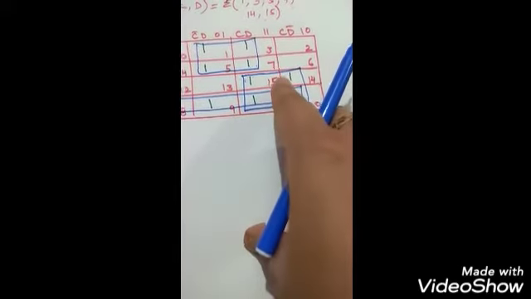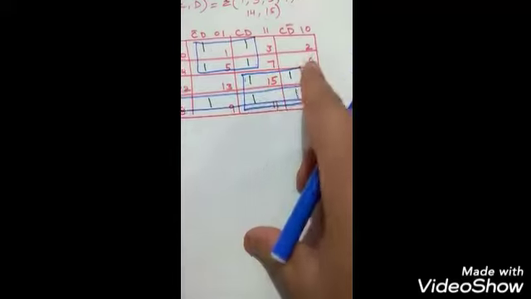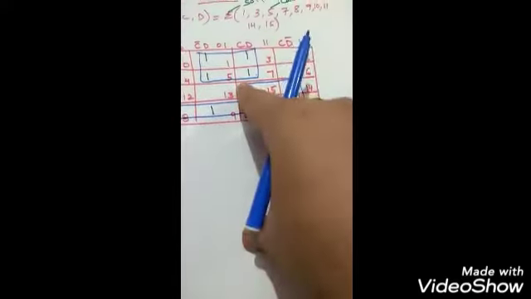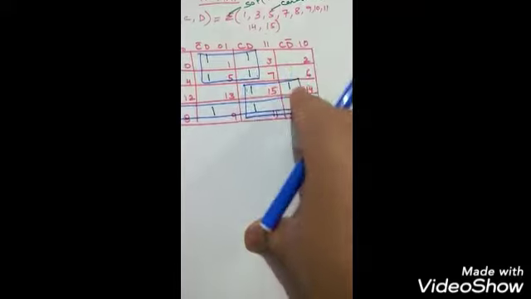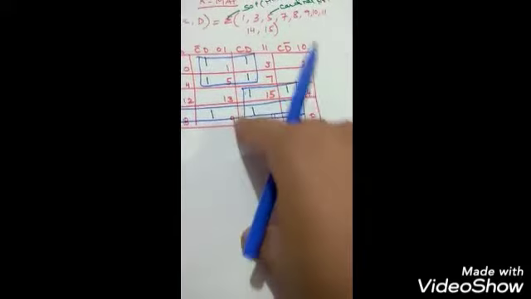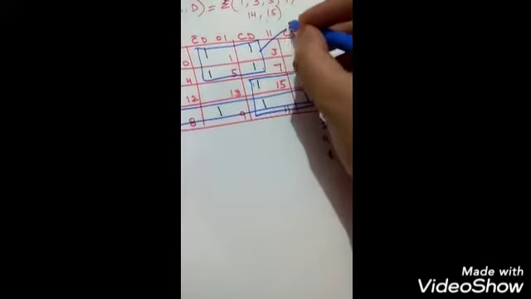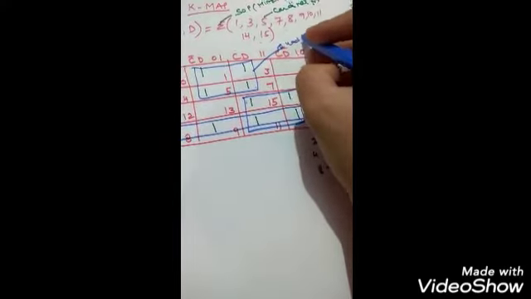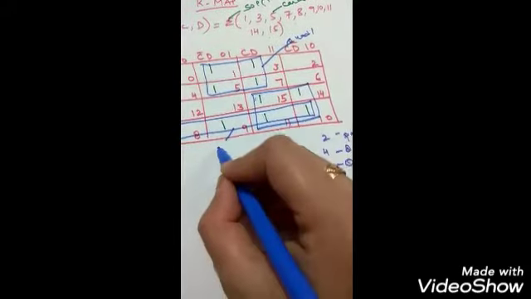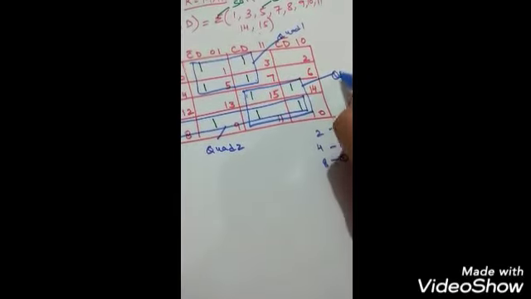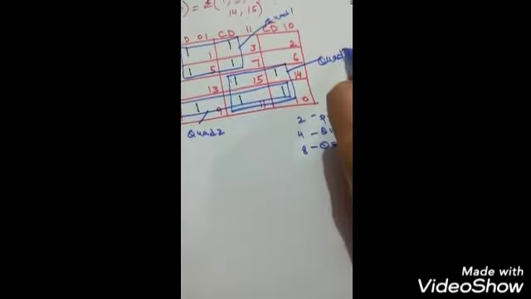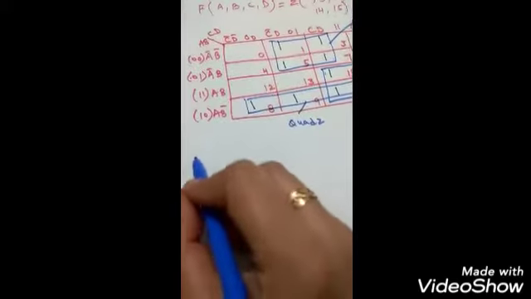Since overlapping is allowed and we have to make the grouping as large as possible, 14 and 15 could be taken as a pair, but by the rules we are making the quad over here. Now we will see how we are going to do the grouping. Just label the quads: this is quad 1, this one is quad 2, and this one is quad number 3. So first we are taking